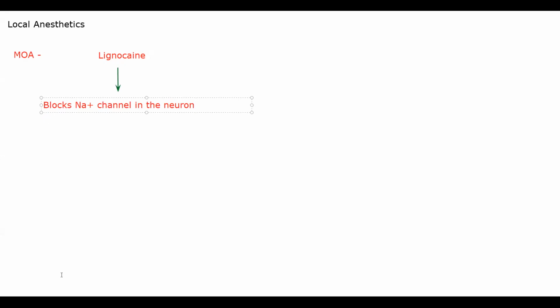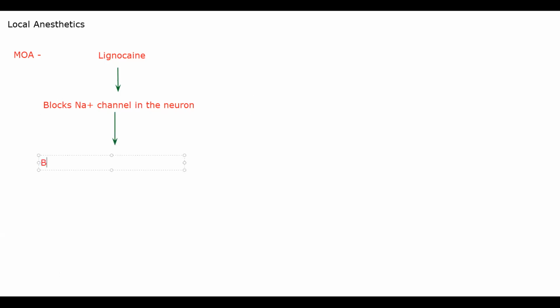During nerve impulse transmission, sodium will try to get in. If you are not allowing sodium to move across the membrane of the neuron, entry of sodium will be blocked. So this blocks the sodium channel,